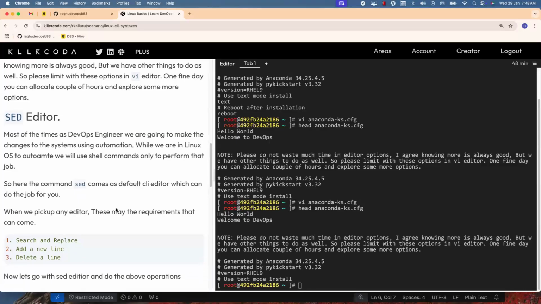Okay, all right. So the next one we wanted to talk about is an editor, because most of the time you may not interact with the system to do the addition or modification in the file, by the way. Rather, you try to do it through automation. So that's where even the